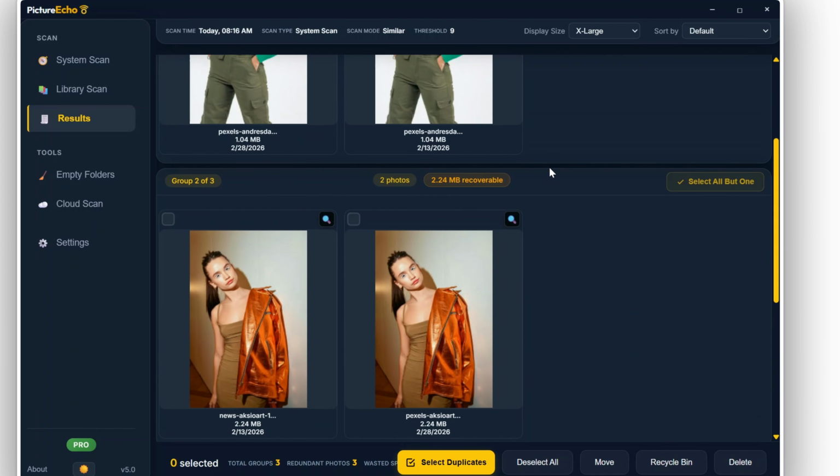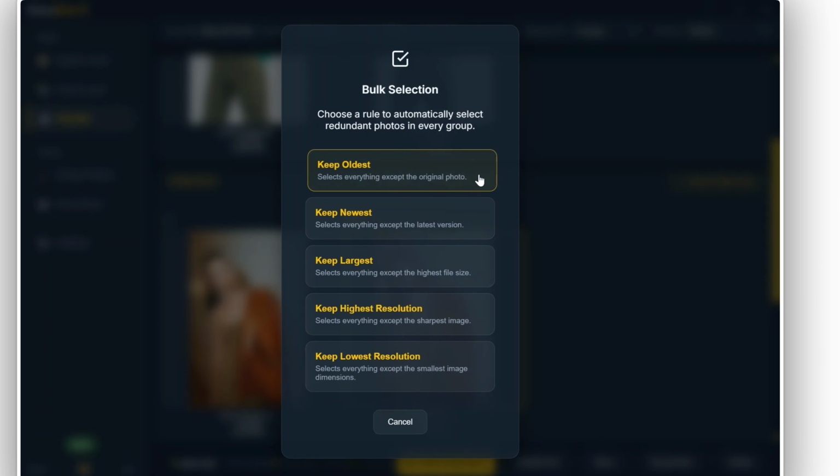After reviewing, select the duplicate photos you want to remove. You can either move them to a different folder or to the recycle bin or directly delete. You can even choose bulk selection, where you can keep the oldest, newest, largest, highest resolution or lowest resolution photo,